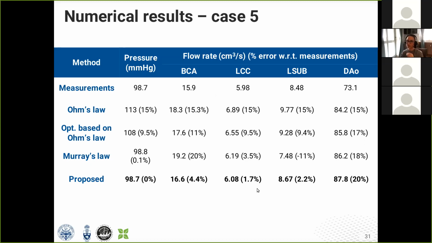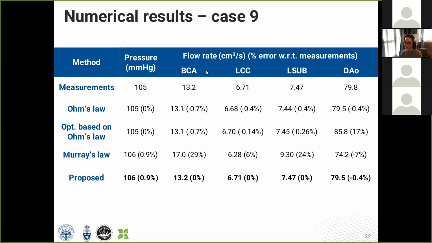So you will find a solution that is as close as possible to those measurements, while still being physically sound. And if we look at the other cases, this is the 9th patient, you see